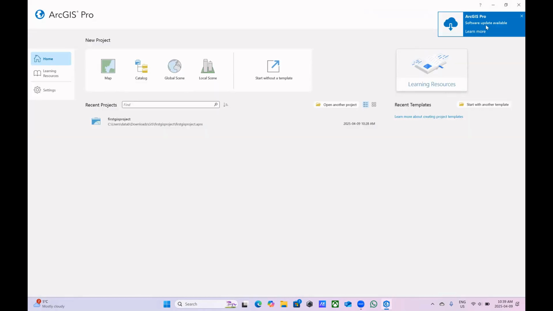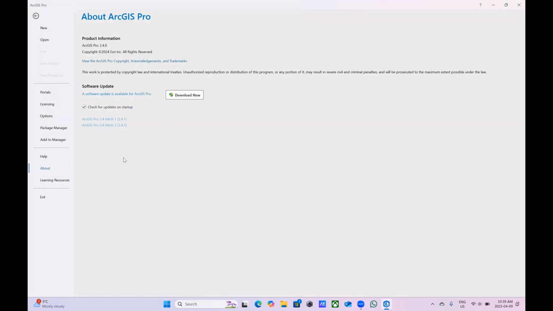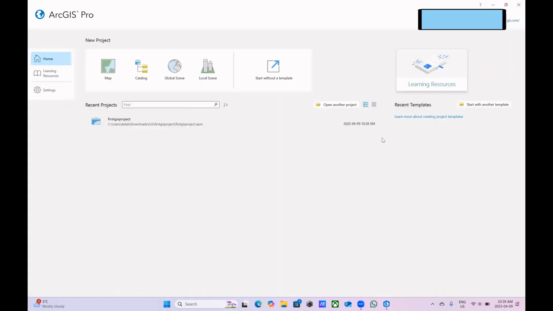Here it says software update available. Let's click here. Okay, when I click there, I went to this page and it says software update, download now. Okay, but sometimes if I do not see the software update information here and I want to check that,